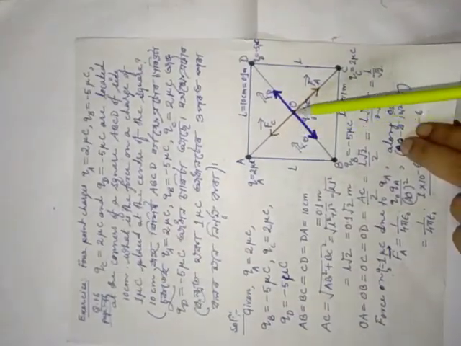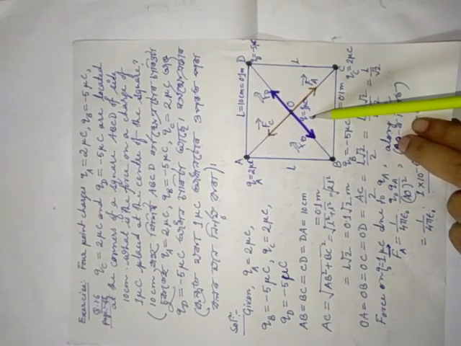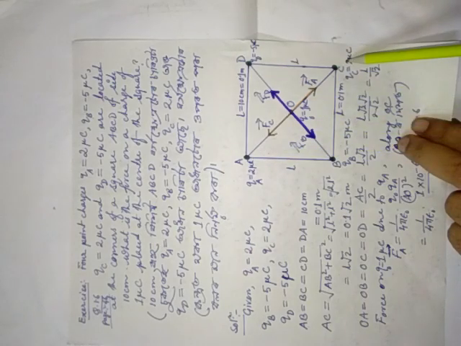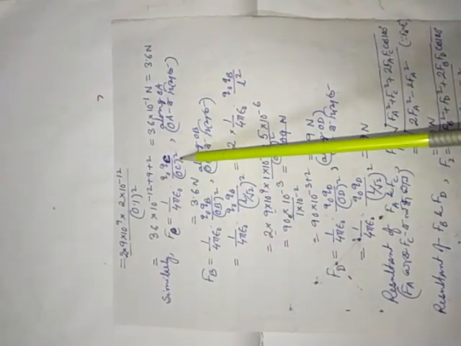Similarly, FC means this one. FC means what? Again, force on 1 microcoulomb is what? 1 by 4 pi epsilon naught Q naught into QC divided by OC square. Again, since this was also 2 microcoulomb, this is also 2 microcoulomb, and Q naught is the same thing, again you will get what? Same value. See here, FC is 1 by 4 pi epsilon naught Q naught QC OC square, this time along OA. Okay. Now again, no need to calculate since all the values are same. That's why all of you will get 3.6 Newton again. Okay. And see here, both FA and FC are equal.